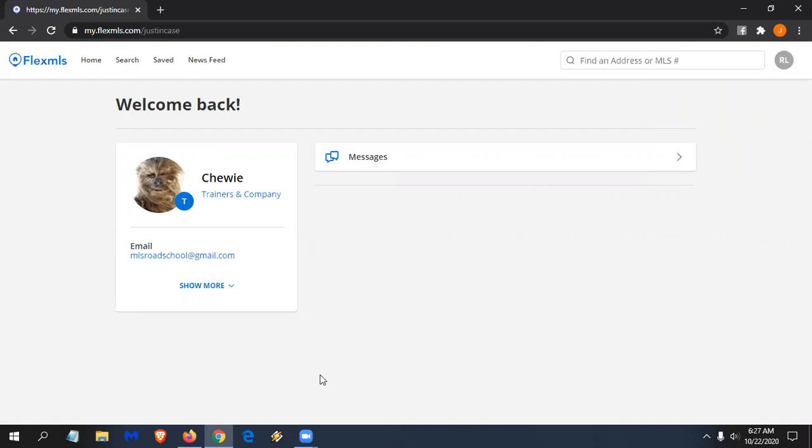Okay. So there's two ways to look at the screen. We're going to do some searching on the full screen, which would look like a tablet or the computer, and then we're going to switch to the mobile responsive version just so you see how both work. So your client logs in the portal, and this is what they see. This is the home screen. Then when they go to search,